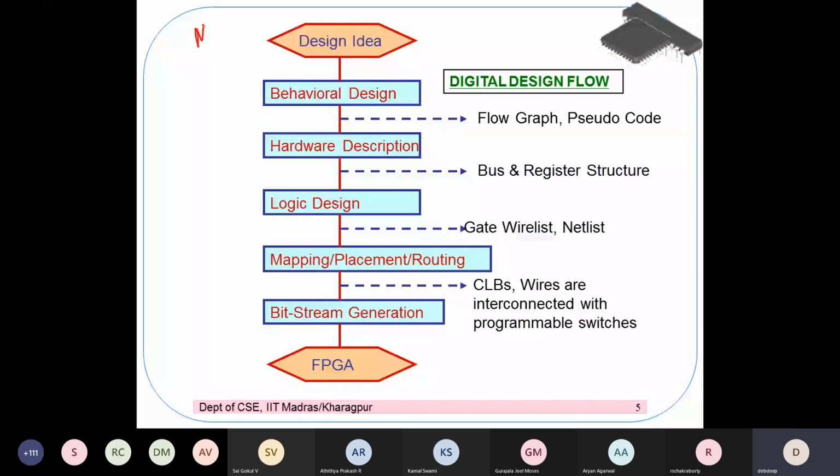So the first starting point that we will try to deal with at this point is these first 2 points. Okay, that is essentially we will try to describe our design by a specific kind of language which are called HDLs. Okay, so HDL stands for hardware